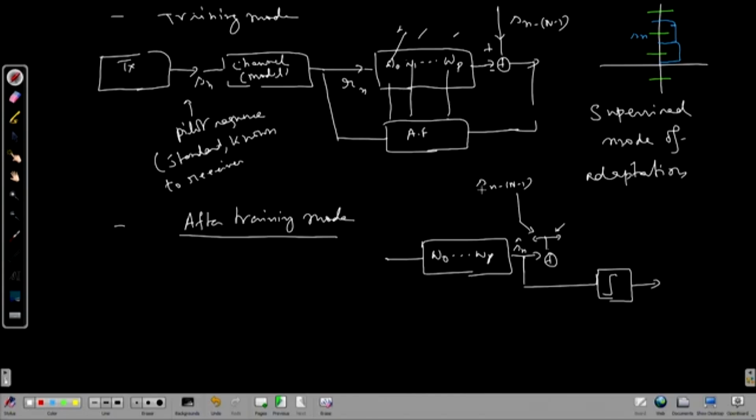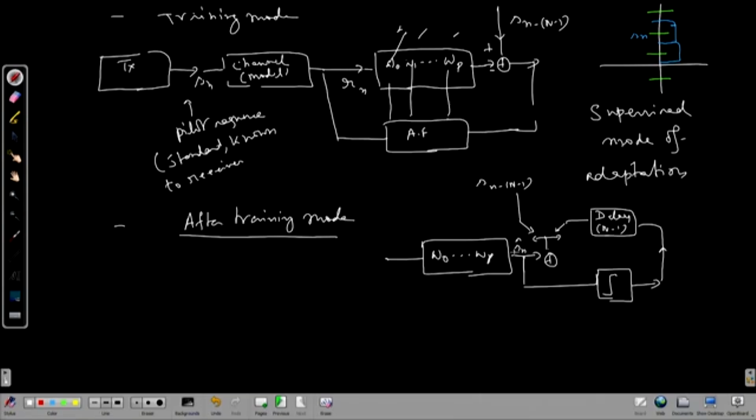So, during training mode I take this to be my supervisor training sequence. Once training mode is over, still I carry out some kind of adaptation by using this and a delay. This delay is required. So, assuming it was correct,